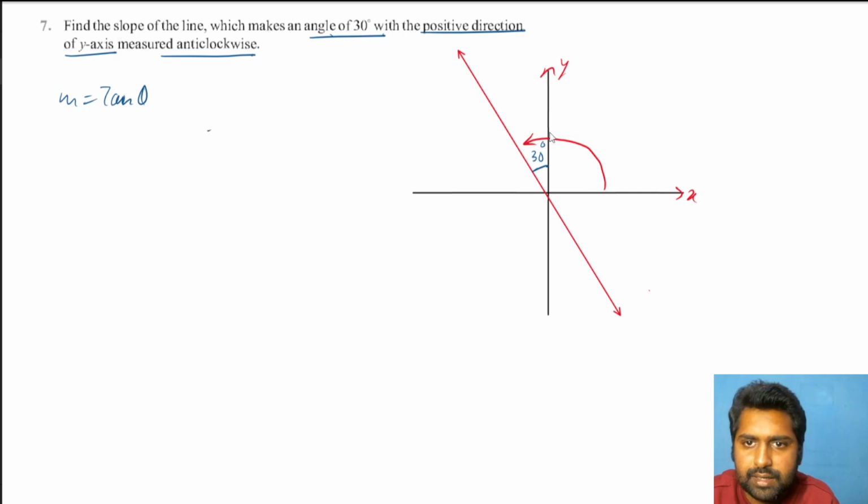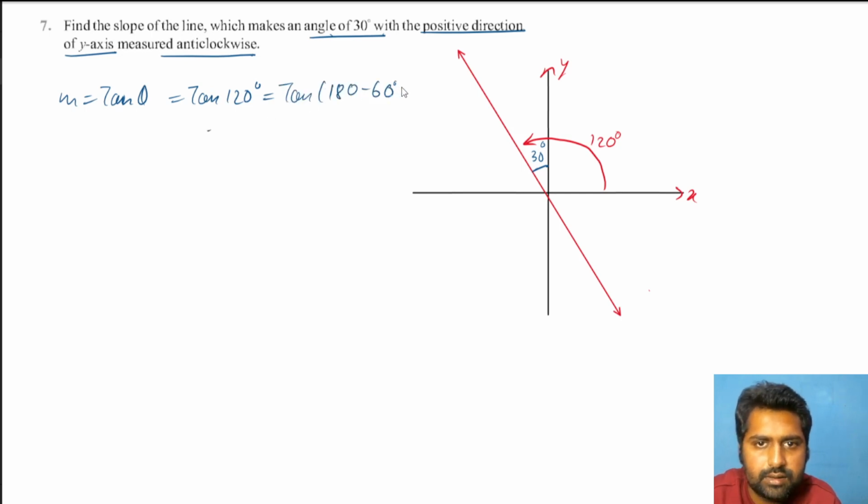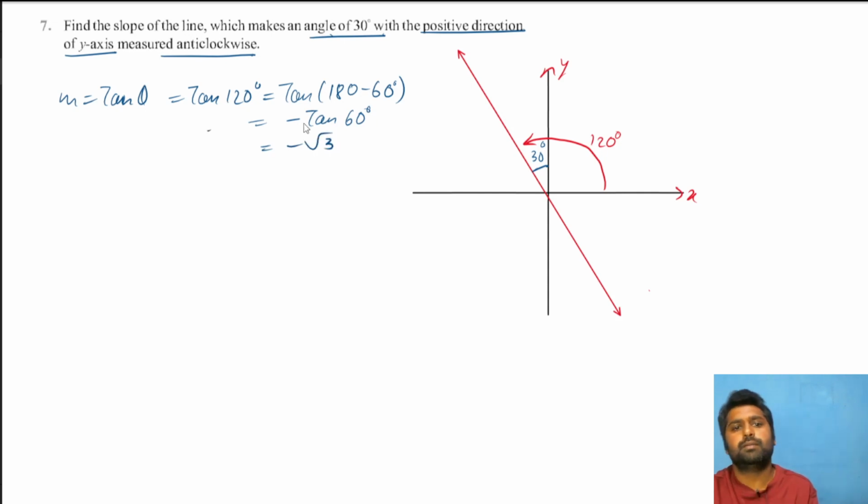Up till the y-axis it is 90 plus 30, that's 120 degrees. So that is tan 120 degrees. What is tan 120? 180 minus 60. Okay, so that is the second quadrant, tan is negative, so minus tan 60, that's minus root 3. Okay,